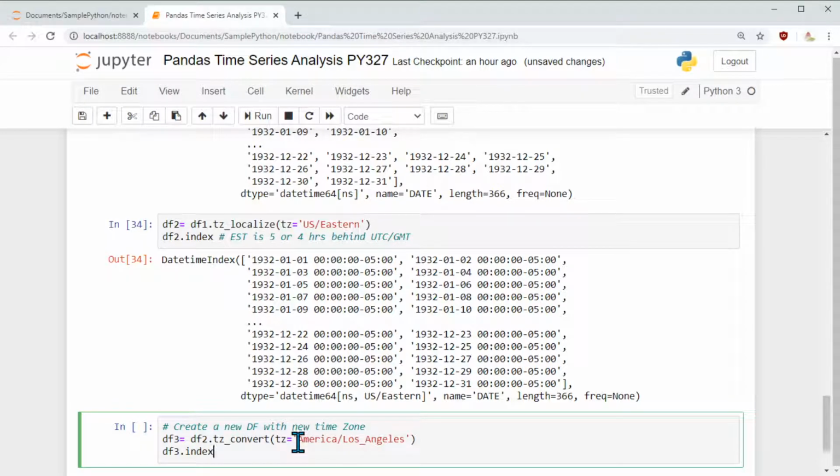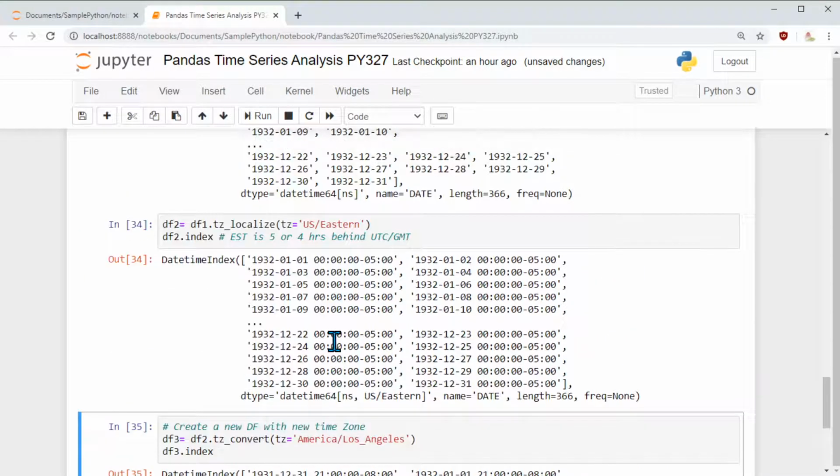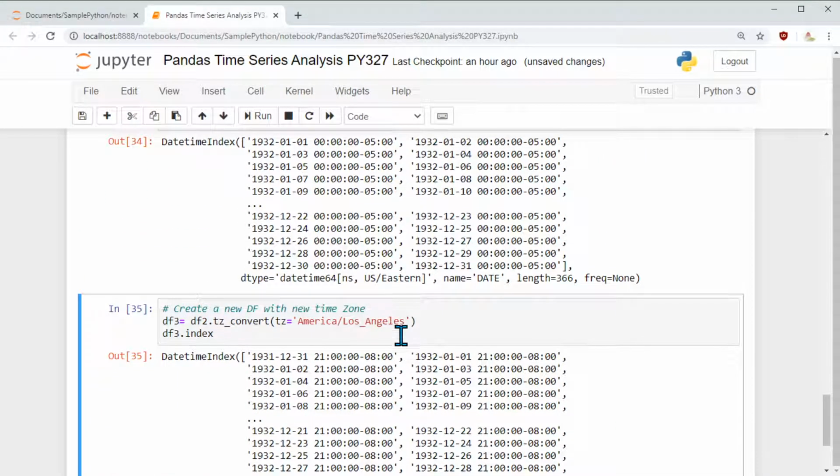And now I want to go with Los Angeles. And once I say Los Angeles, we know it is 3 hours behind US. So if US is -5, we are going to get -8 now. So here if you see, I get -8 as my time for Los Angeles. Okay. Instead, if I had started with localize straight away with Los Angeles, I would have got the same information. But we can always go in 2 steps, not a problem.